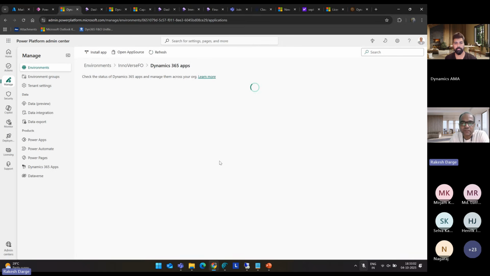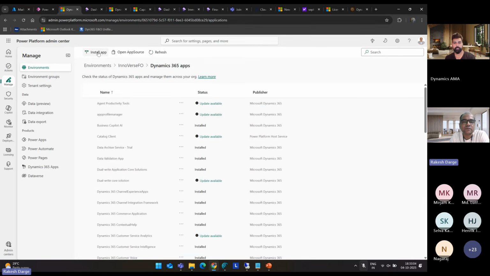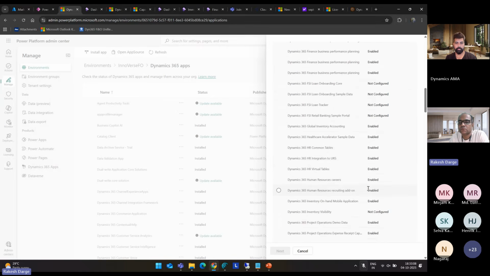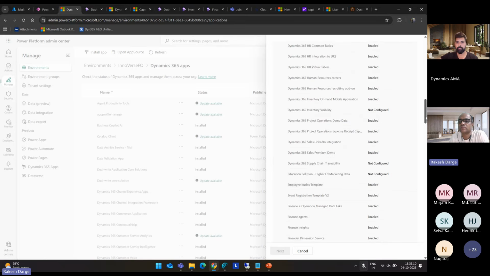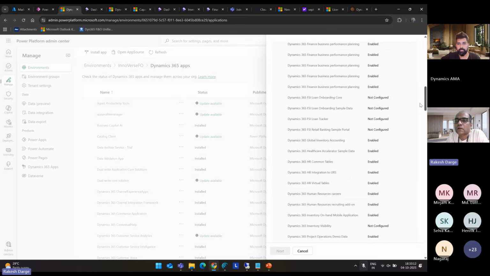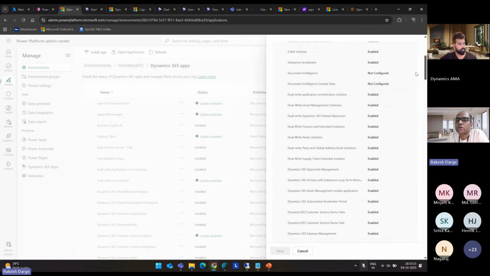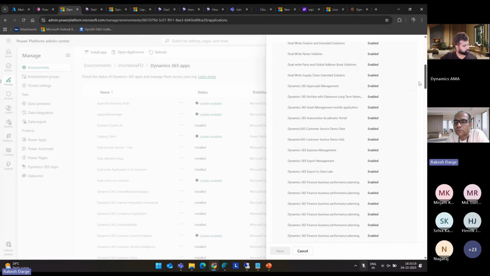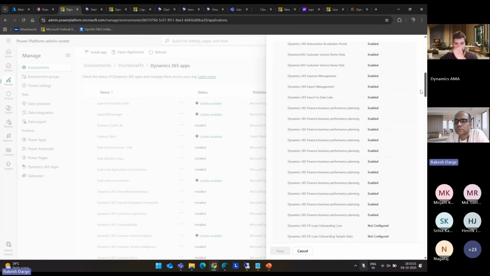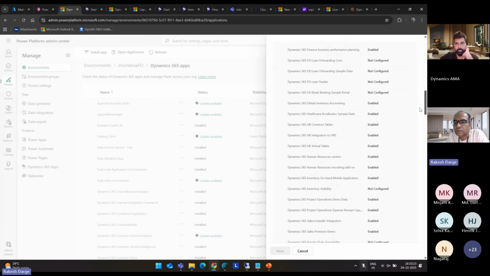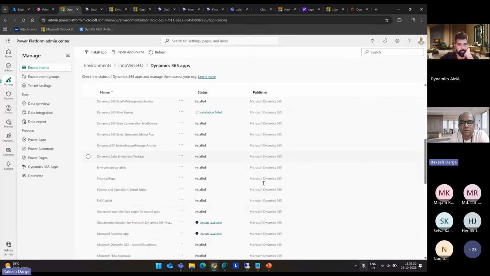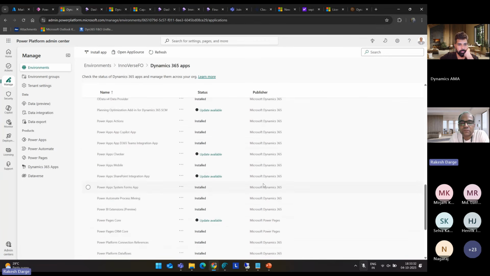Although I haven't installed it in this environment, if you just navigate to the install app section, you will see those Copilot apps available here for demo purposes. Along with the other stuff, like dual write and everything. So I don't spend time on that. I think I have already installed it, but it failed. Looks like it's trying to do something.